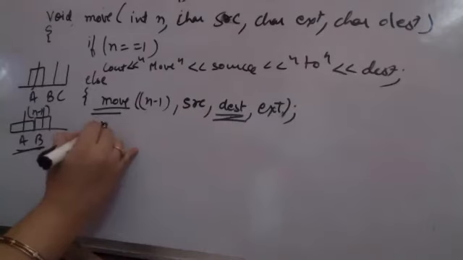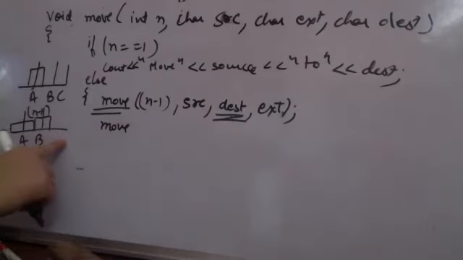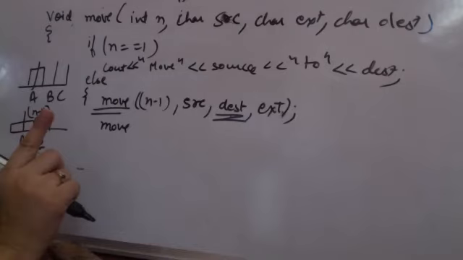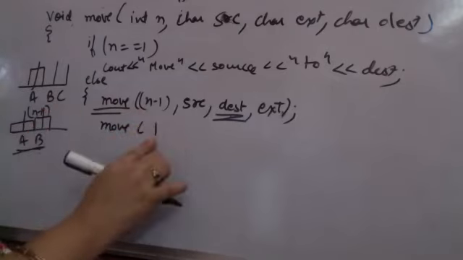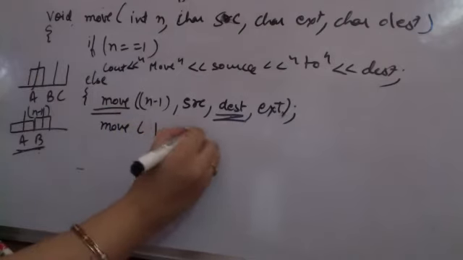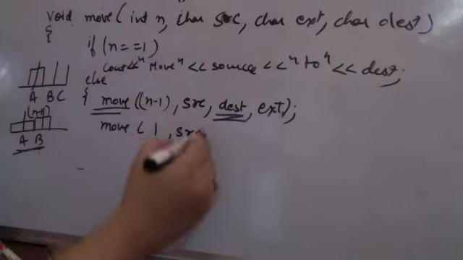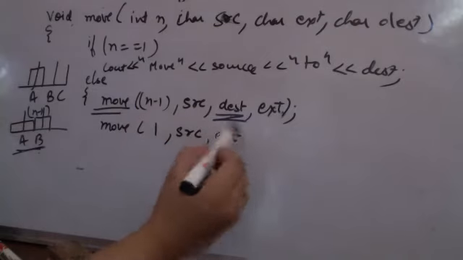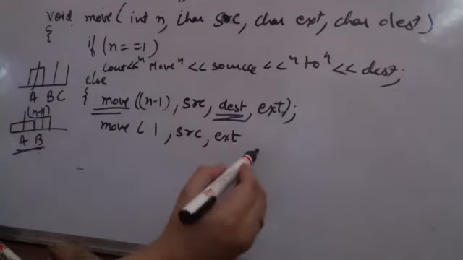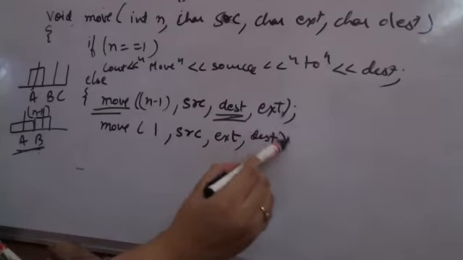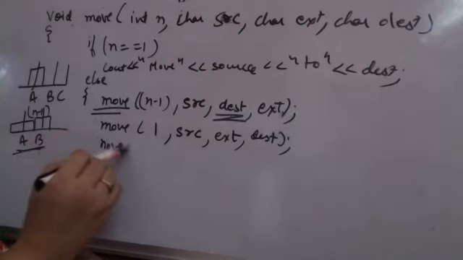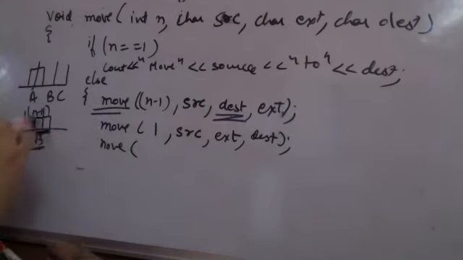Fine. Then I again call move A से लेके C पे. Now A is the source, single disk के लिए. I have to copy that to C. So I will be moving single disk, one disk from the same source, जो कि हमारा current call चल रहा है, taking B as extra, which is technically not required, to my destination. And then finally I move again n minus 1 from B to final C.